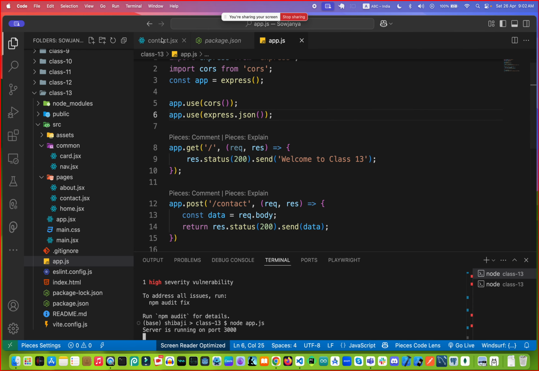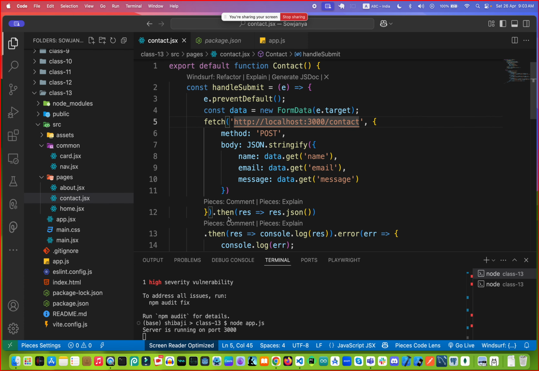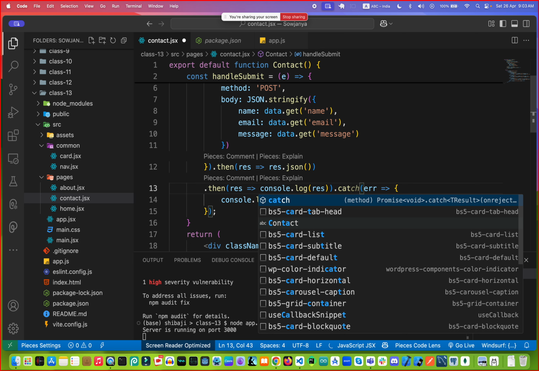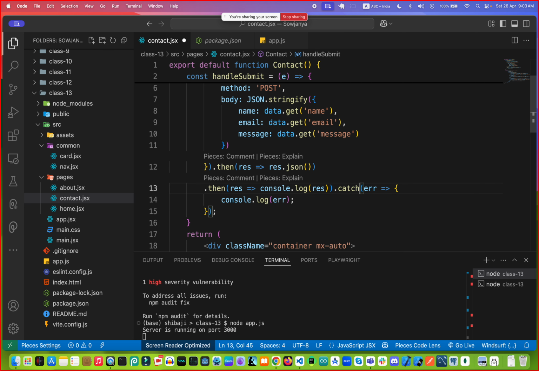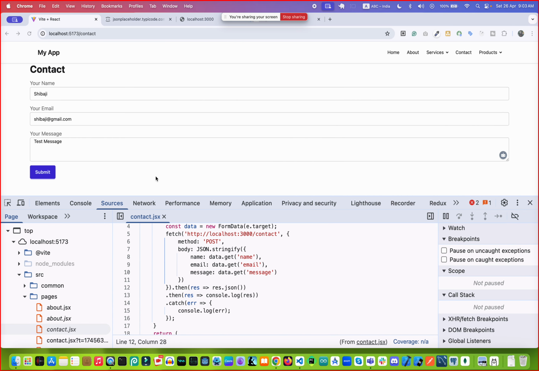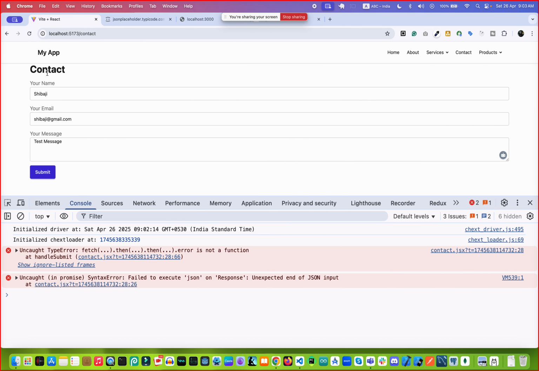Oh, sorry. Actually, what is the problem? It is not error, it is actually catch. CATCH. This is the function name, it is catch. For this particular reason, I am always getting some issues. So now